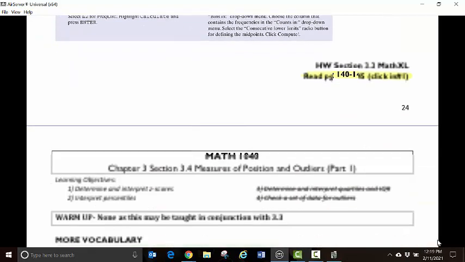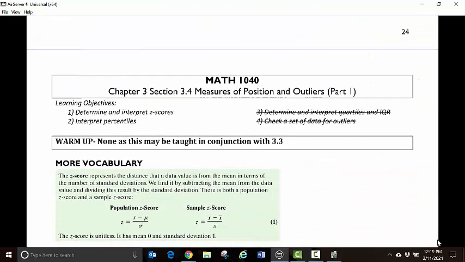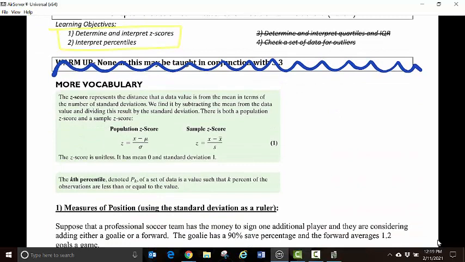All right, so now we're going to talk about 3.4, and we're going to look at these 2 objectives: determine and interpret z-scores and interpret in percentiles. Your warm-up used to be a quiz in class, which I gave you at home, so you didn't need to take that. Okay, so we're going to talk about z-scores, and I'd like to